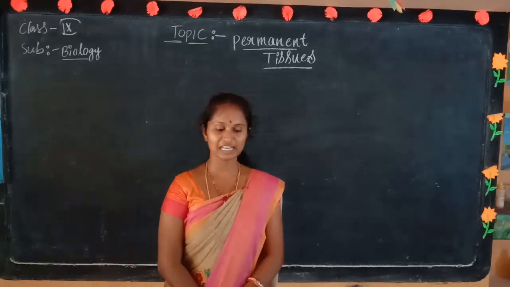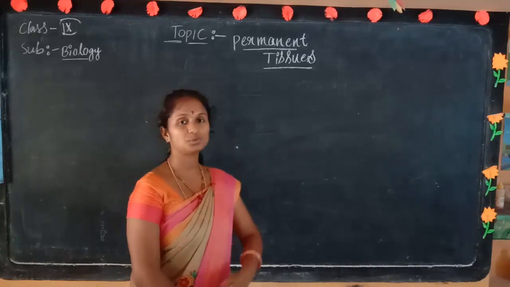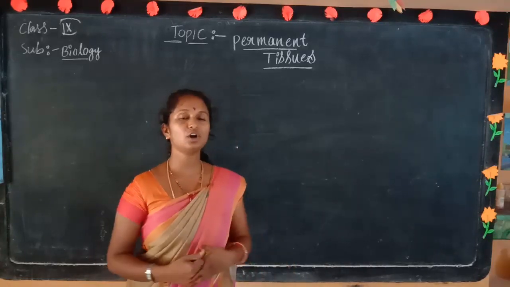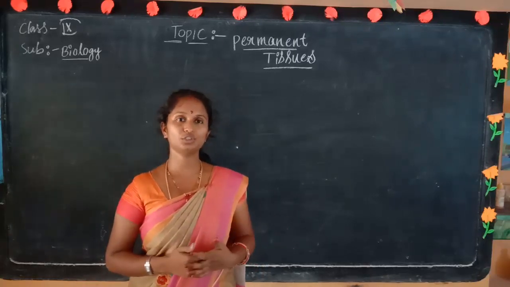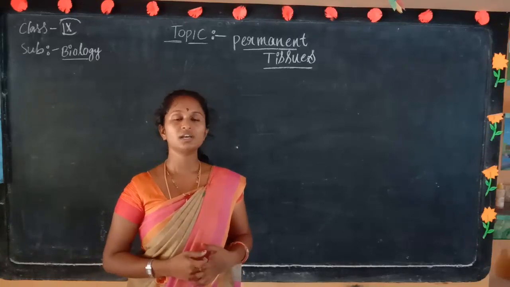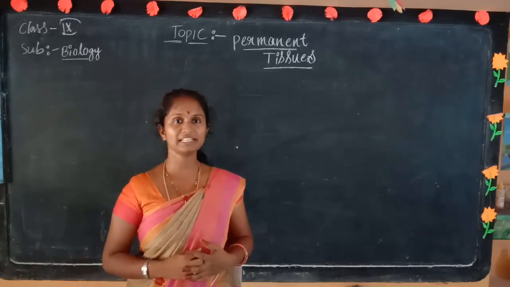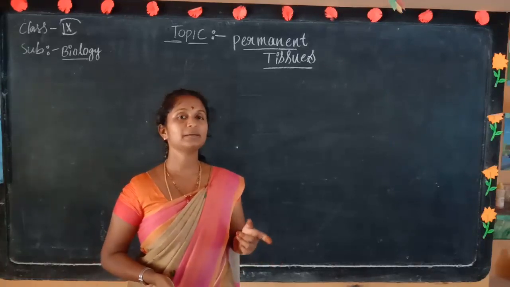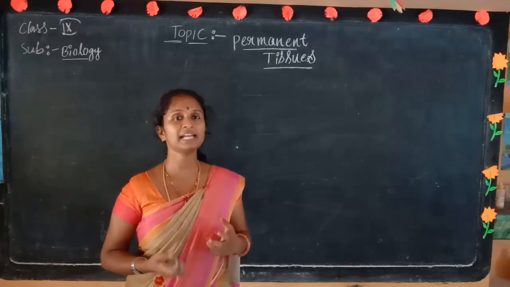Welcome to biology class. Today's session we are going to continue the topic of tissues. In the last class we already discussed that. Children, did you all do that activity with the onion? I told you to check the meristematic tissues with the help of an onion bulb, or else you should take the money plant. You should check the root tip and shoot tip, whether the meristematic tissues are helpful for the plant or not.